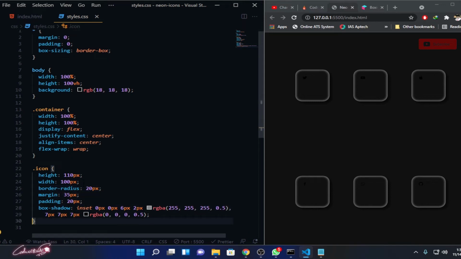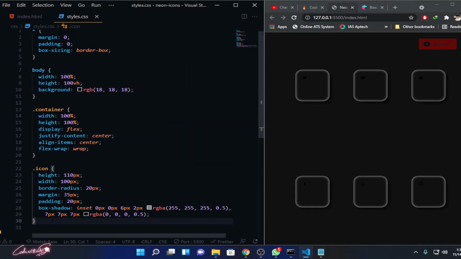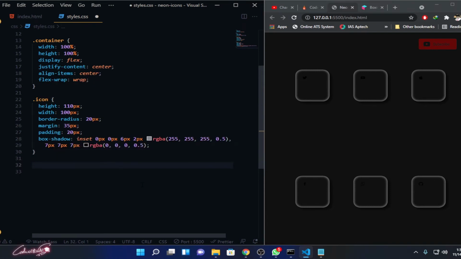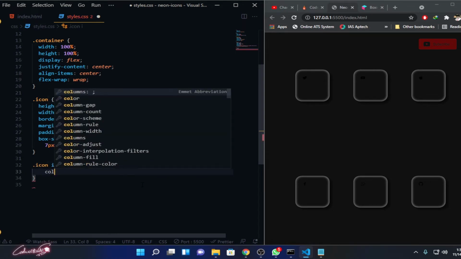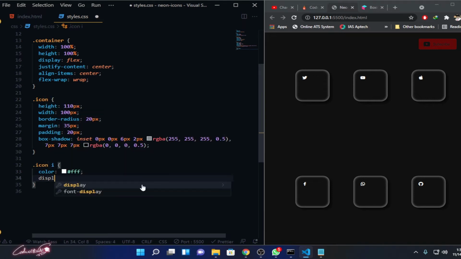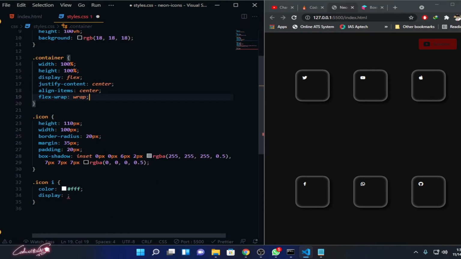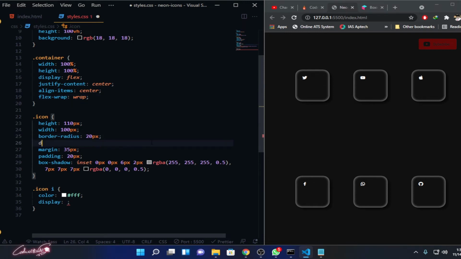And now we need to write the styles for your icon. We can write it directly to the tag. So dot icon of i, and let's make their color first as white. Here we go. And let's make the display, like, what we need to do is we make the display for this one where it is over here,